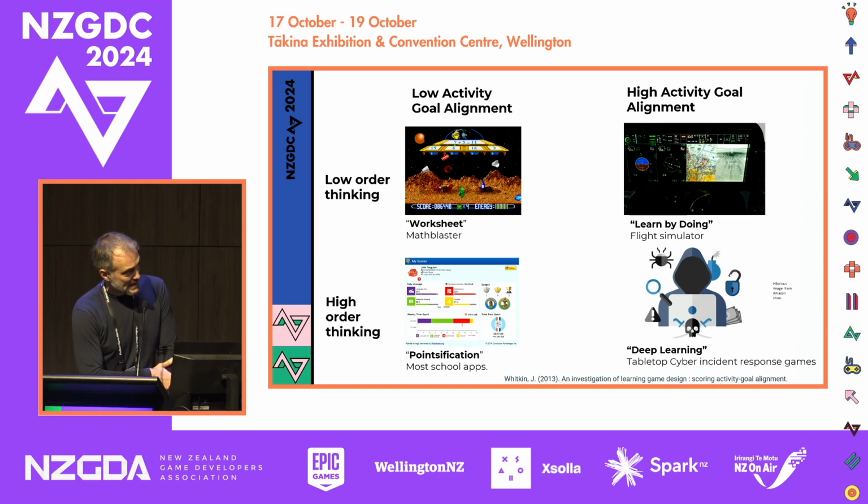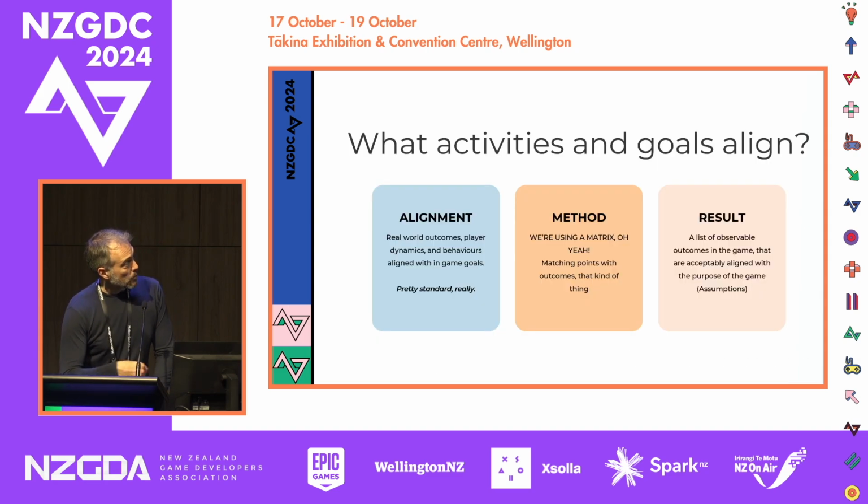We're looking at games right now that are like, it's complex and we want to do the complex thing. These are a lot of simulation games where you end up with role play involved, or in this case, a board game. So what are we looking at? We're looking at the alignment of these things, real world outcomes to the dynamics that players are having within the game and the behaviors that they're going to be doing that align with those game goals. Pretty standard stuff. I'm just going to use a little matrix to show inside the game, outside the game. And as a result, you might be able to have something you can pull into a game design.